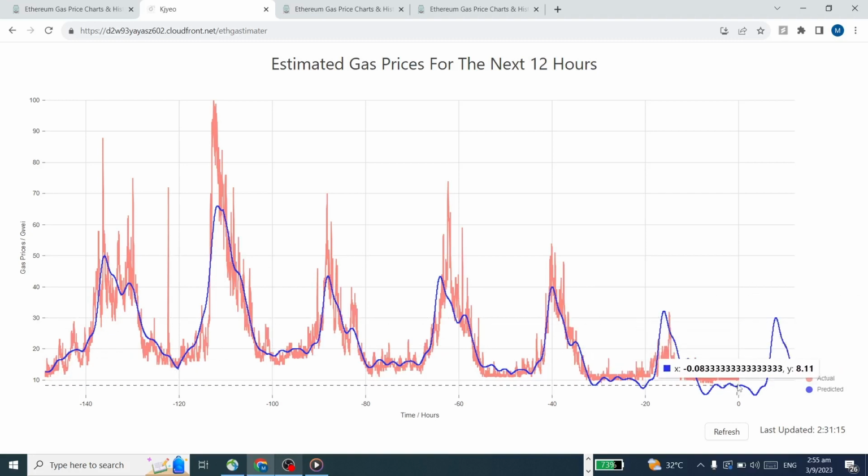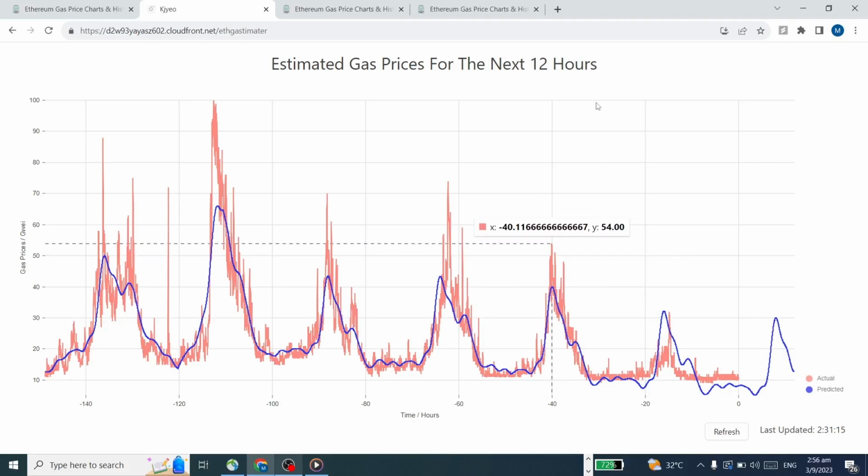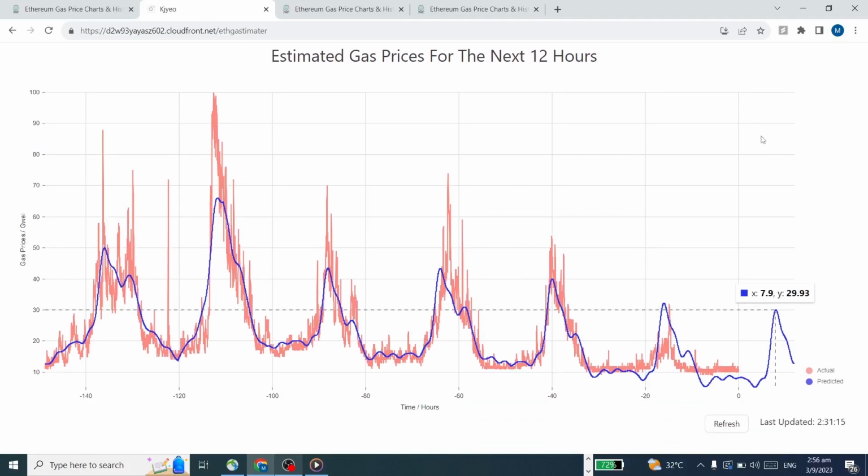So, for example, according to our website and our data analysis, we expect gas prices to remain flat for around 5 hours, then spike to a peak of 30 in around 8 hours, and then decrease after that. So we hope that our website will give users some certainty and some maybe foresight into what they should do regarding transactions and computations. So now that I've explained what our product does, I'm going to go more into how